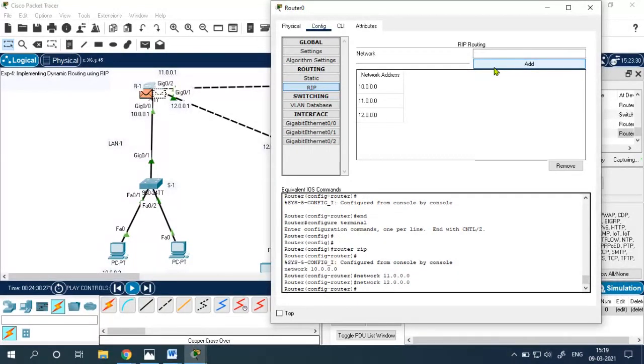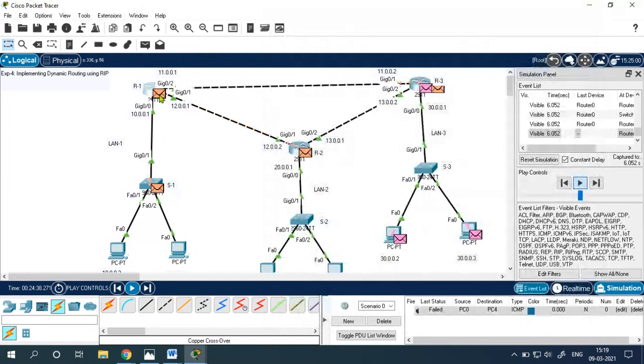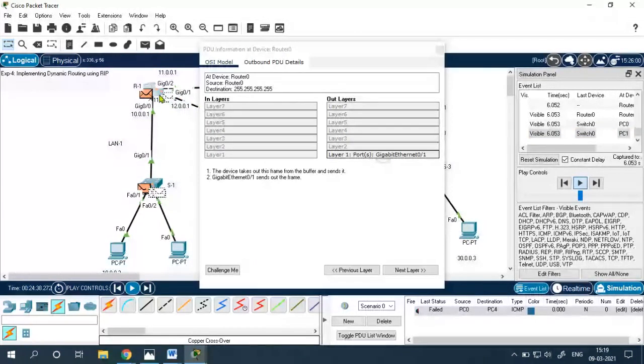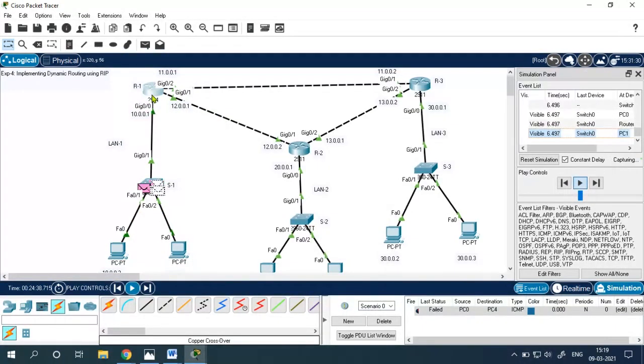These are some packets that the router is sending. What packet is it sending? You can see the router is learning whether it is outbound, inbound. So I have finished the configuration on router 1.